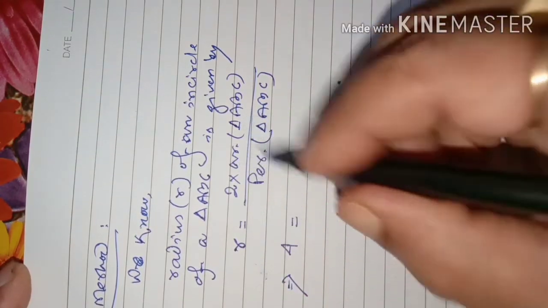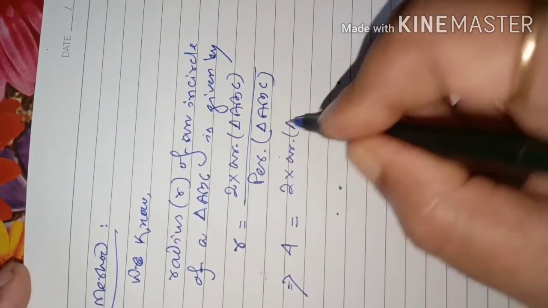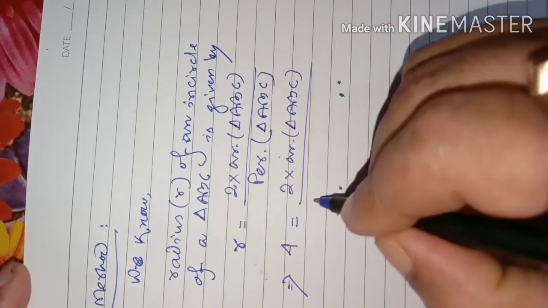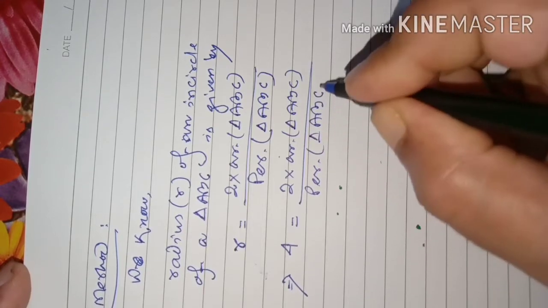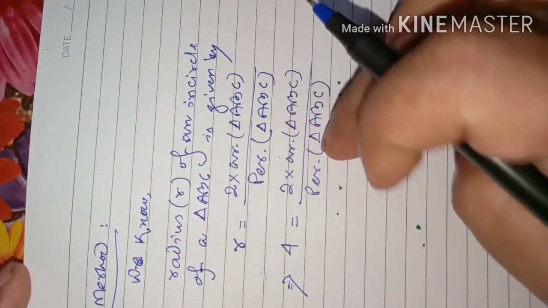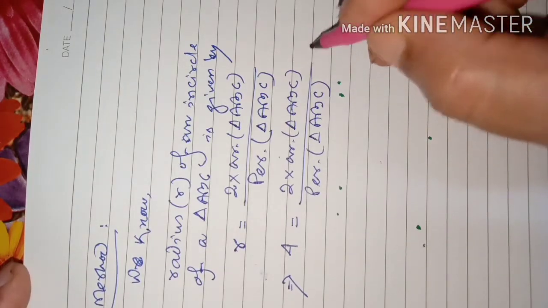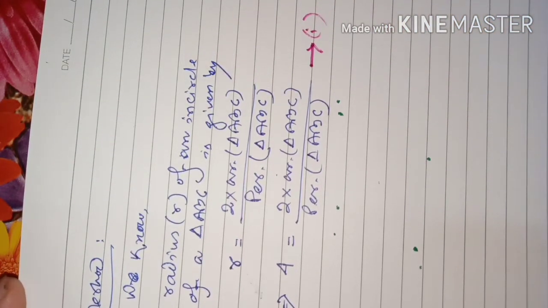Okay, that means here we have the radius of the circle given to us, that is 4 centimeter, but we don't have the area of the triangle. We can write like this only, area of triangle ABC divided by 2 times area of triangle ABC by perimeter of the triangle ABC. Now we have to reduce these two things, then we can solve it for the unknown. Okay, for the time being we stop here and we'll try to see whether perimeter can be calculated or not.